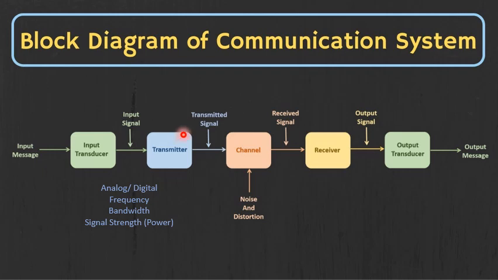Now we will talk about the transmitted signal. We need to know certain characteristics of this transmitted signal, like whether it is an analog or digital signal. What is the frequency of the signal? If it contains multiple frequencies, then what is the range of the frequencies in the transmitted signal? Or in other words, what is the bandwidth of the transmitted signal? And